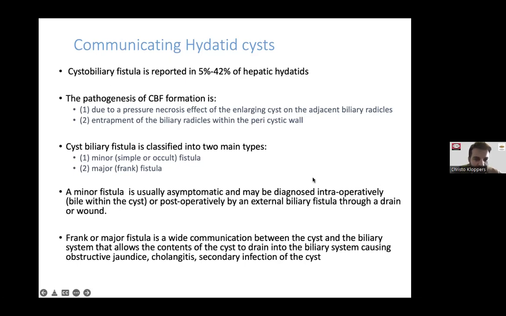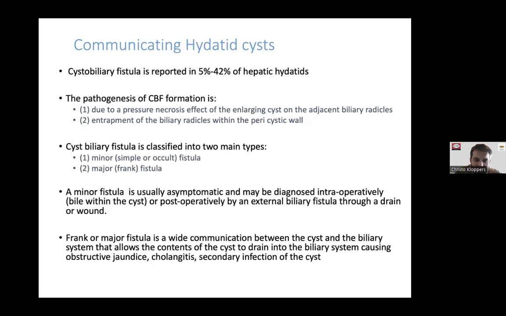So cystic biliary fistulas are reported in 5 to 25% of hepatic hydatids. The pathogenesis of biliary fistula formation is twofold, due to the pressure necrosis effect of the enlarging cyst on the biliary radicals and the entrapment of the small radicals within the pericystic wall. So you can divide it into two main types: minor, so that's simple or occult, and frank,